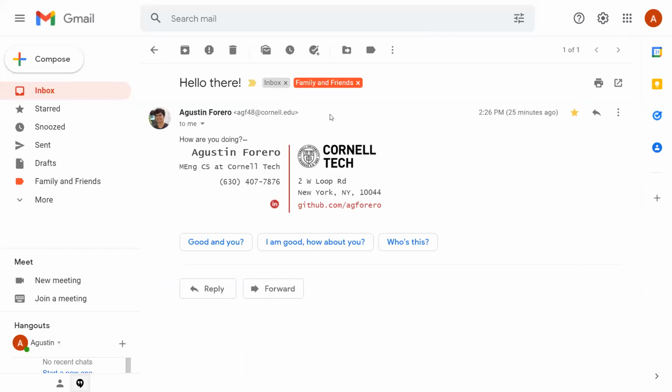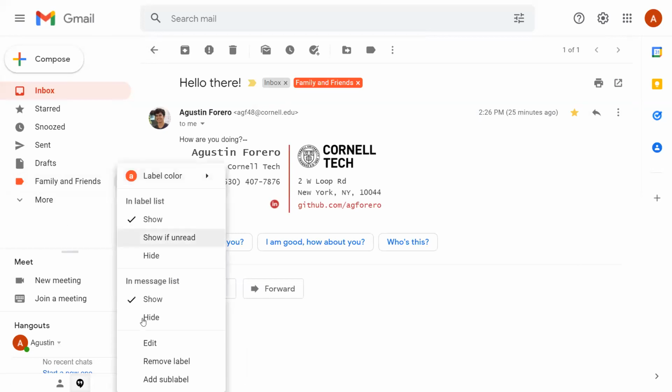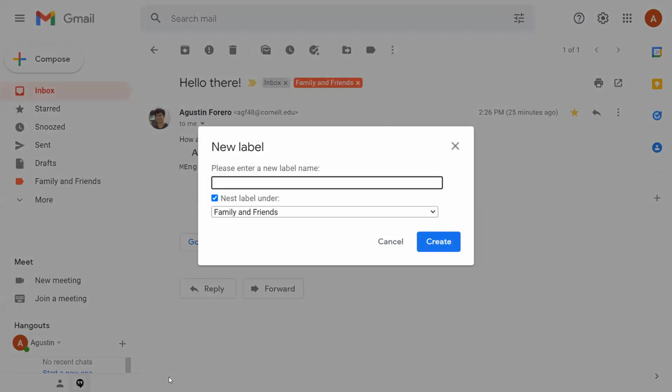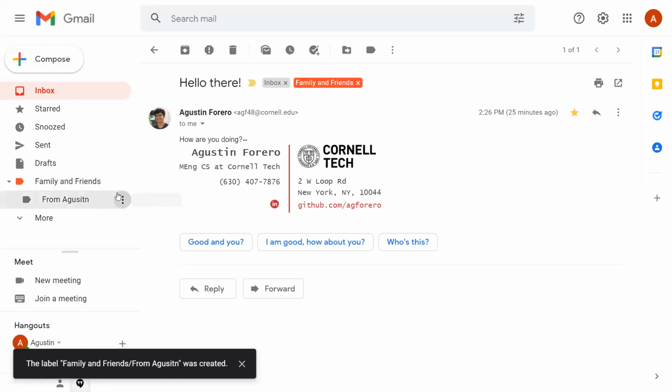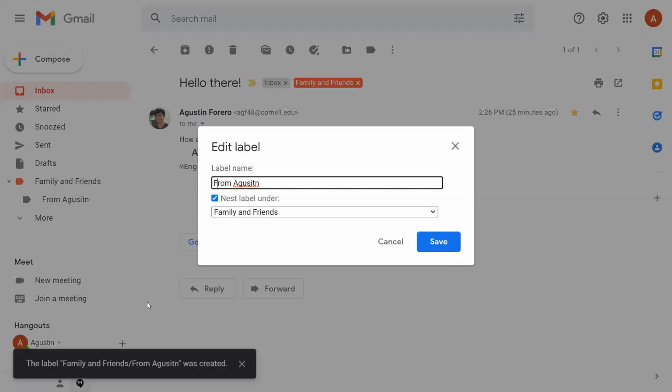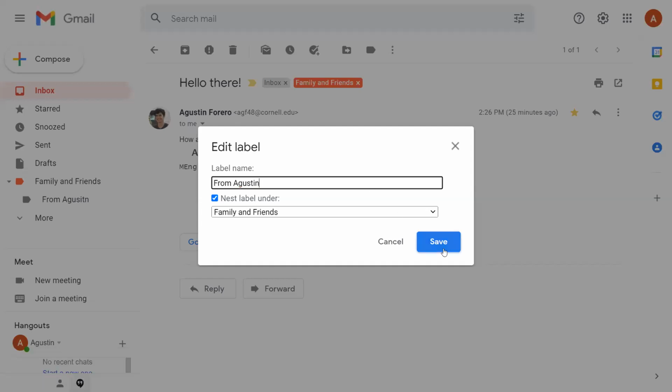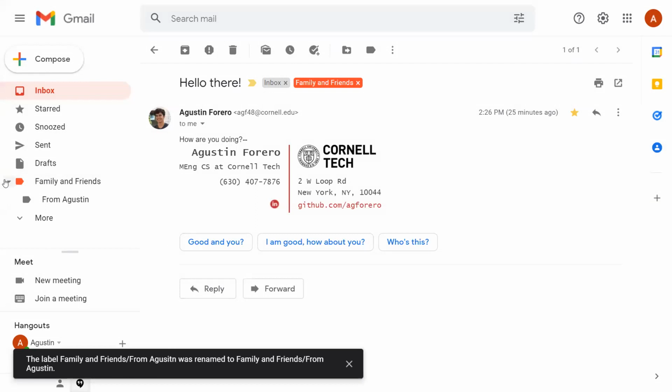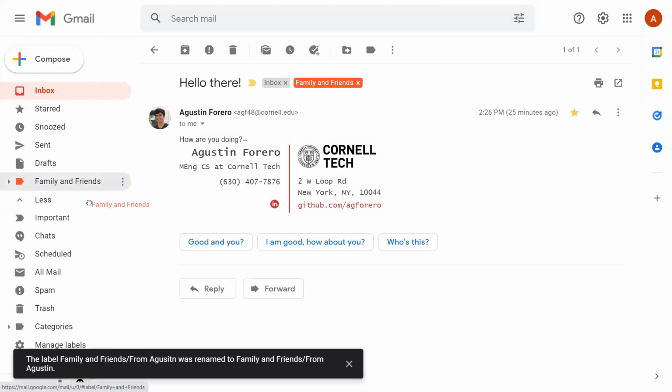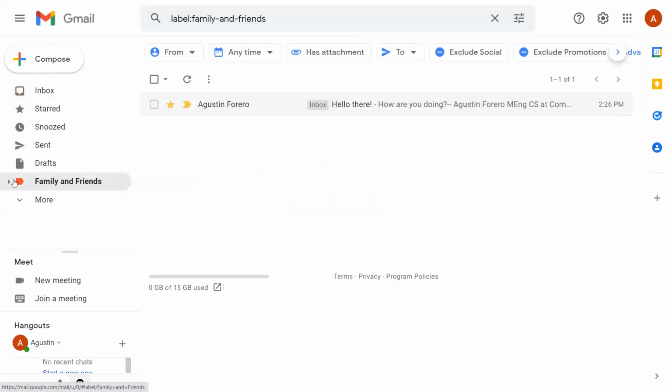And you can create subfolders also. You can, exactly. So, family and friends, let's go ahead, let's add a sublabel from Augustine, or I spelled that wrong. From Augustine, right? So now this becomes collapsible. So if I click into here,